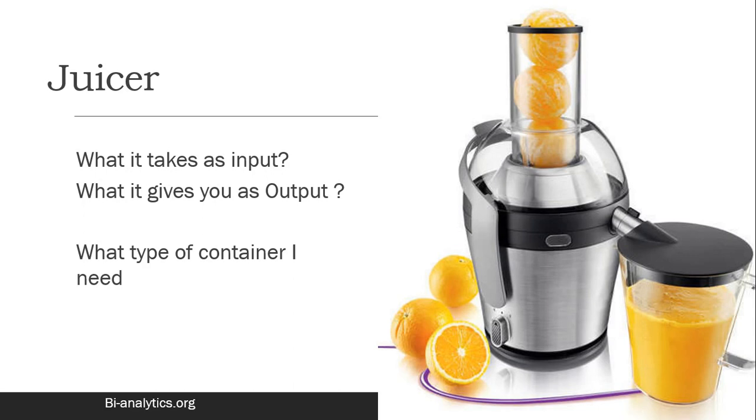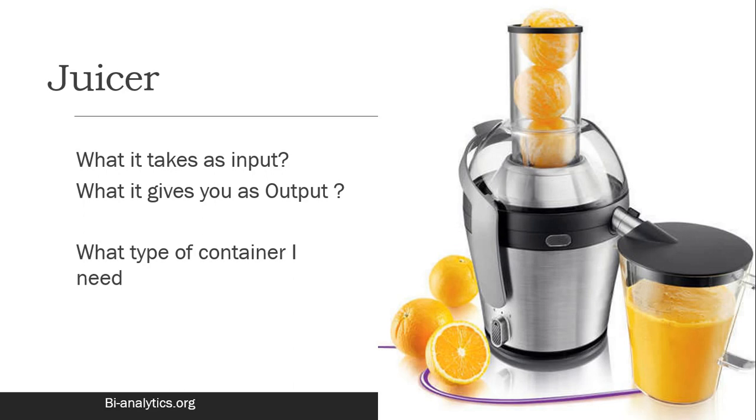So now the answer will come from the gesture. What is the output of this juicer? Output of juicer is liquid. So we need to have a container which is suited for liquid. Okay, spoon. Spoon can also hold liquid. Can we take it in a spoon? No. If we take the output in a spoon, the juice will overflow.